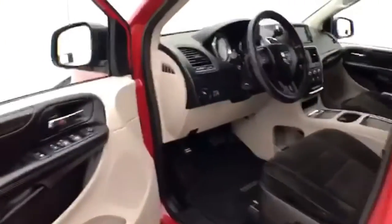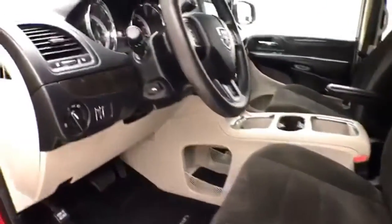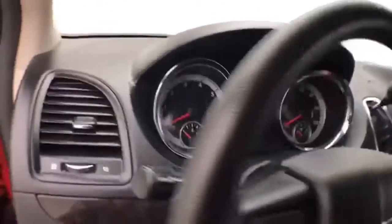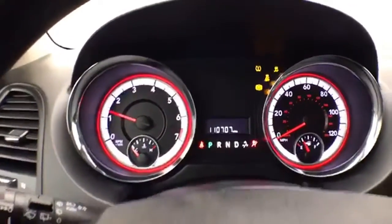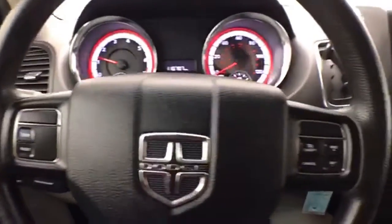This SXT has keyless entry, power windows, locks, mirrors, power driver's seat, along with power adjustable pedals to put you in that perfect driving position. Gauges, cruise control,